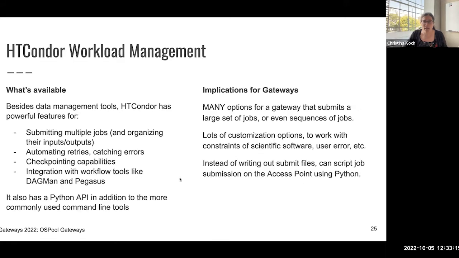Okay. I think this is my last set of features. We've already talked about different aspects of Condor: this idea of the access point, the home of your workload, these data movement features, being able to access different computing resources. Besides all these things, Condor has really powerful features for submitting lots of jobs at once and organizing their inputs and outputs in a specific way, automating retries,